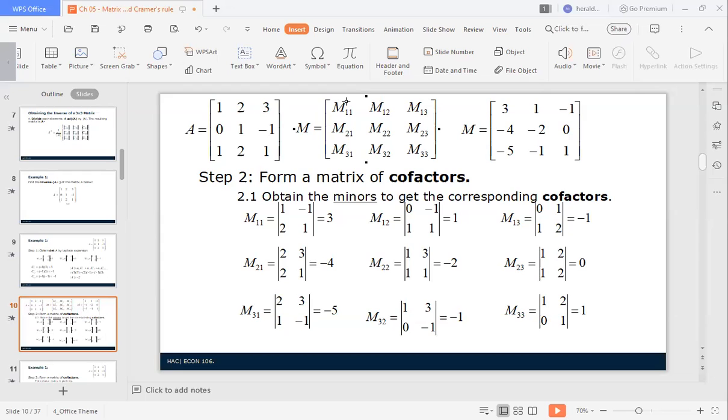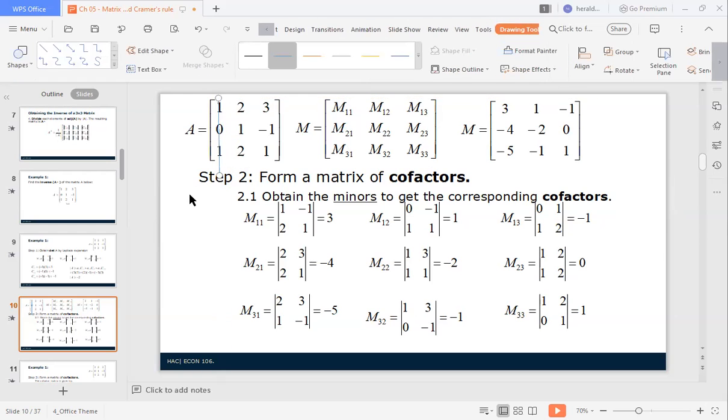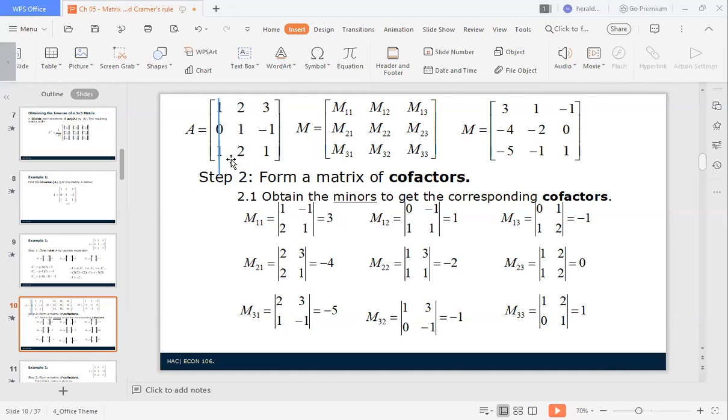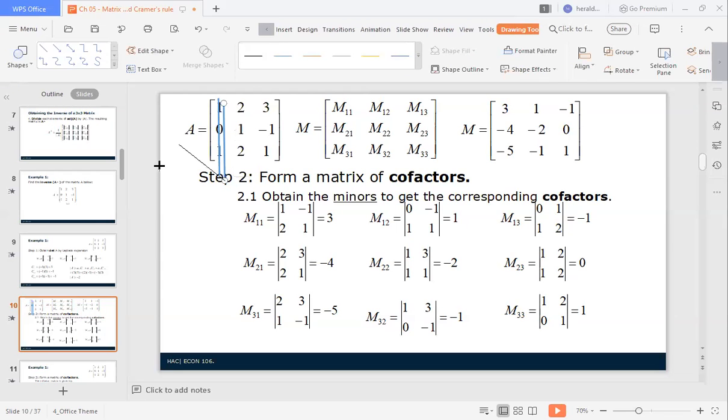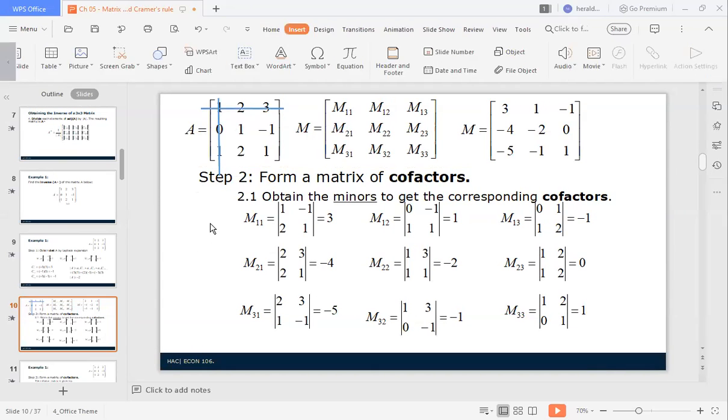M11, we know M11 is around this part here. Again, remember IJ, class, I is row, J is column. So M11 here is around this part. So that's 1 here for the original matrix. Delete this row. Again, delete this column. Let me correct that one. Delete this column and also delete some row here. Okay. So M11 states that delete this column, delete this row, you'll end up with 1, negative 1,